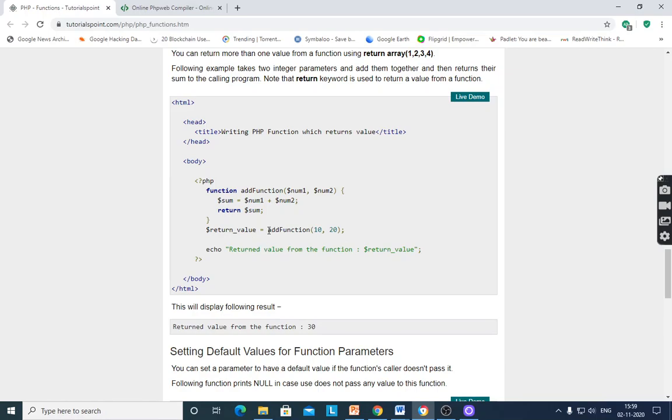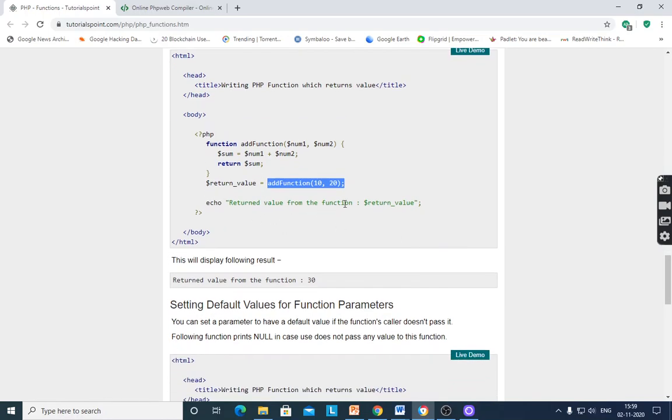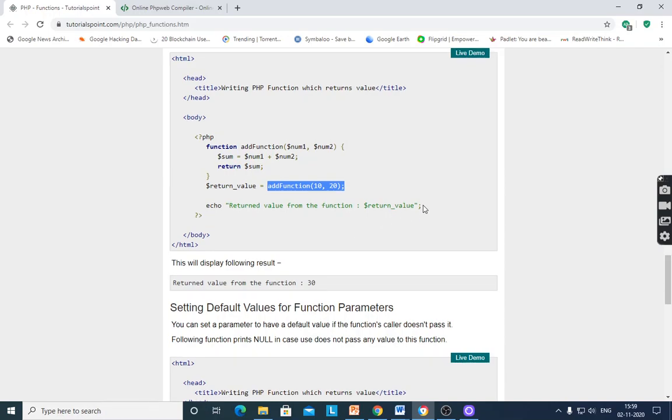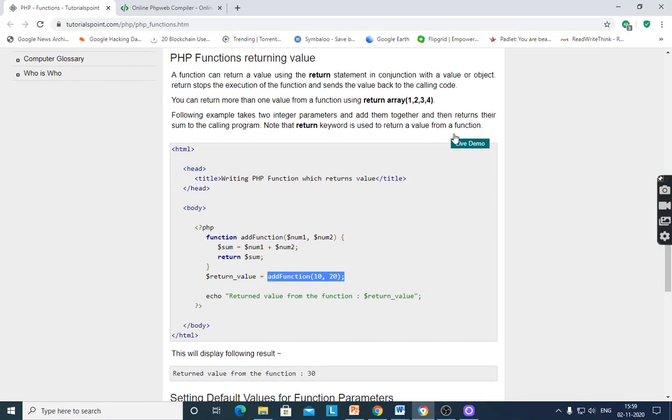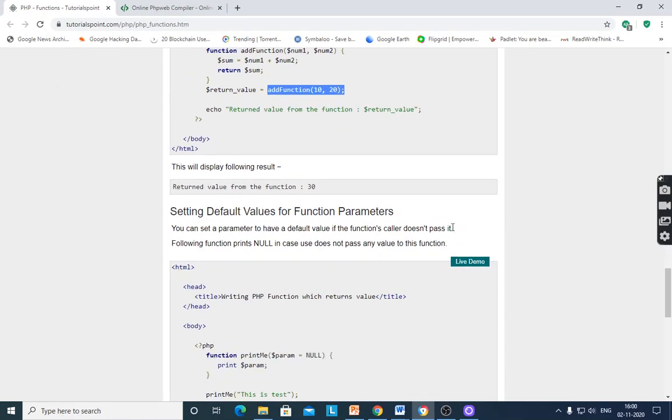Whenever this function is called, it returns the value of sum, and the sum is stored in $return_value. The return value from the function is 30, and it will store 30. You can return more than one value from a function by returning an array. If you return an array, it will give more than one value.